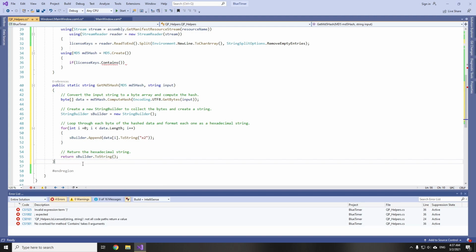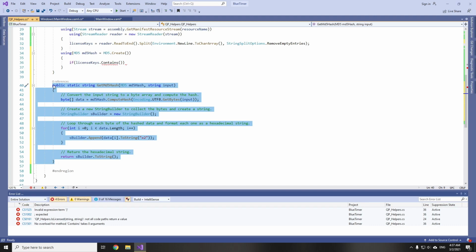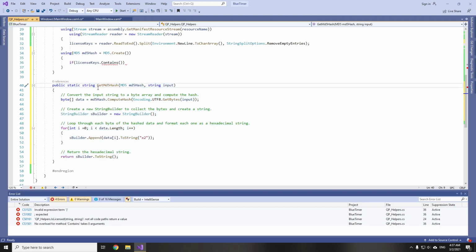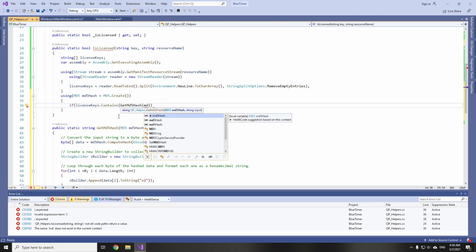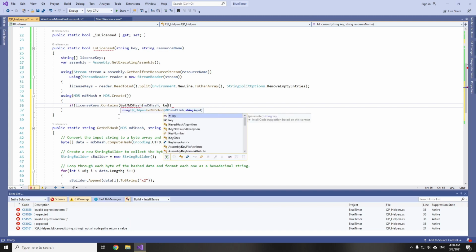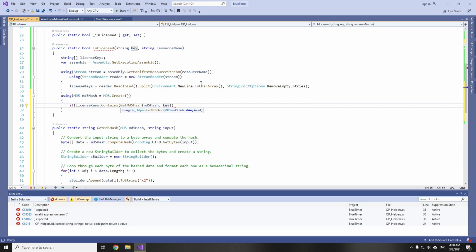Again, do not worry that you don't understand it. If you do, well, congrats, but I myself actually don't completely, because I also found it somewhere on the internet. So we check if license keys, our string array of keys, contains, and here we call our method called GetMD5Hash, and here we pass our MD5 hash and key.